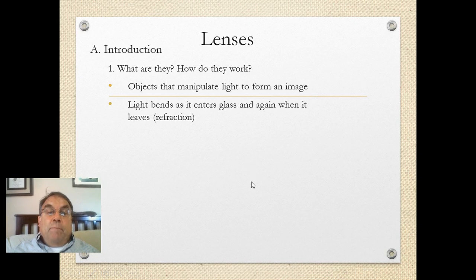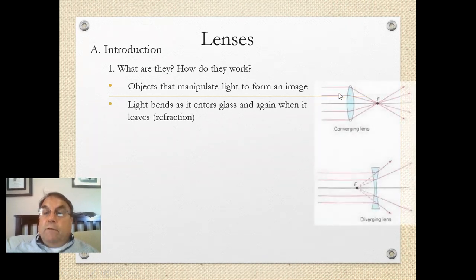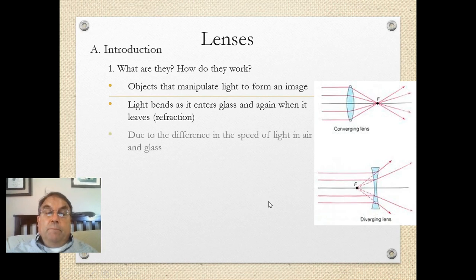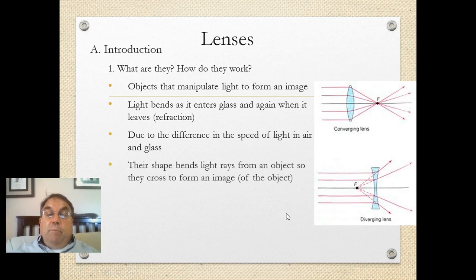The light bends as it enters glass. As you can see, the image would be over here, the object rather, and then the image would be right here. And then for this lens, the object would be over here and the image would be right here. Now the reason light bends is because of the difference in the speed of light in air. So the main property that makes lenses work is refraction, but also the shape of the lens is key. Now their shape will determine